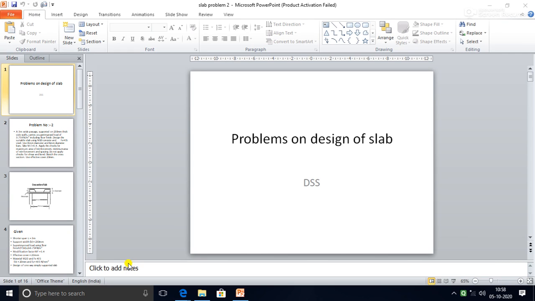In the last lecture, we saw one problem on the design of a one-way slab. In that, we noted down all the design steps, and accordingly, following those design steps, we designed the one-way slab. Now we will see a second problem on slab design. In that, the problem statement is